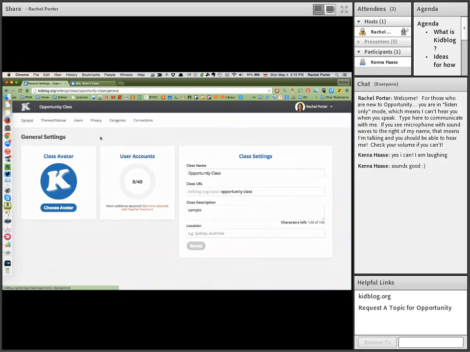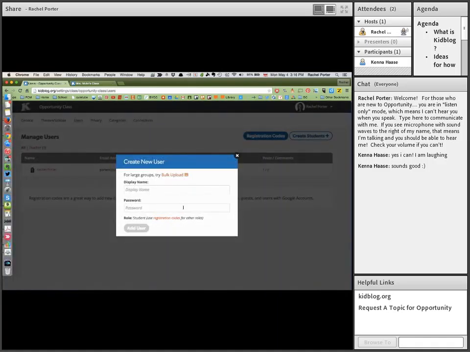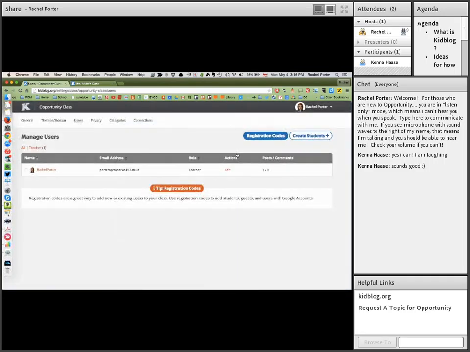And I click back on here, users. This is a very important area in terms of getting started then with your students. So when I go here, here's my email address and all of these things that I can do. But I'm going to go here where it says registration codes. You can also go to create students and start putting them in this way, but that's going to be pretty cumbersome. There's a bulk upload, but again, you're jumping through a bunch of hoops. I think the easiest way to tell you to get your students in is to go here and allow a